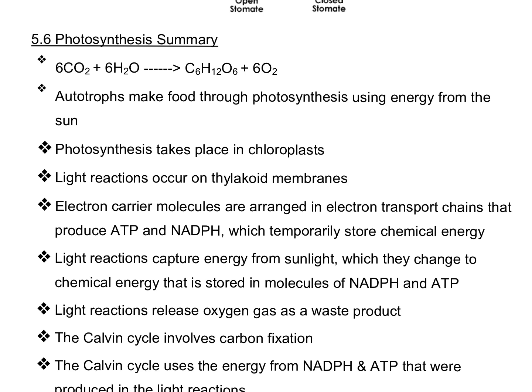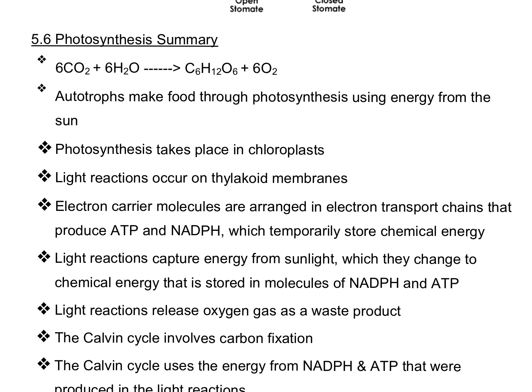First, you've got the chemical formula: 6CO2 plus 6H2O plus sunlight. Sorry, that's missing in there. Yields glucose plus oxygen. Autotrophs make food through photosynthesis using energy from the sun. Now let's be specific. Those are photoautotrophs, not chemoautotrophs. Photosynthesis takes place in the chloroplast, light reaction in the thylakoid, the Calvin cycle in the stroma, and then the energy carrying molecules, your ATP and the NADPH,